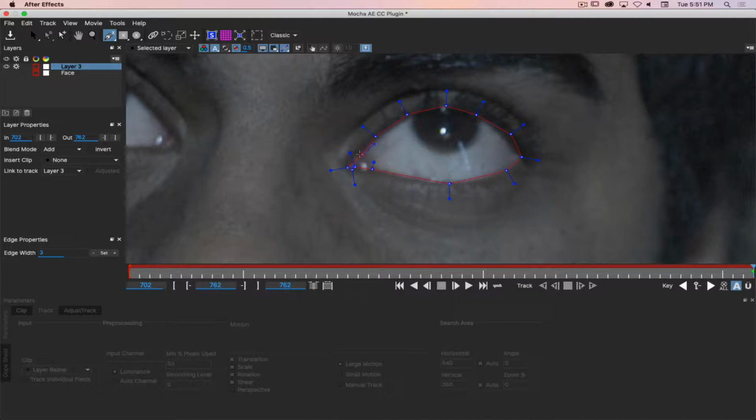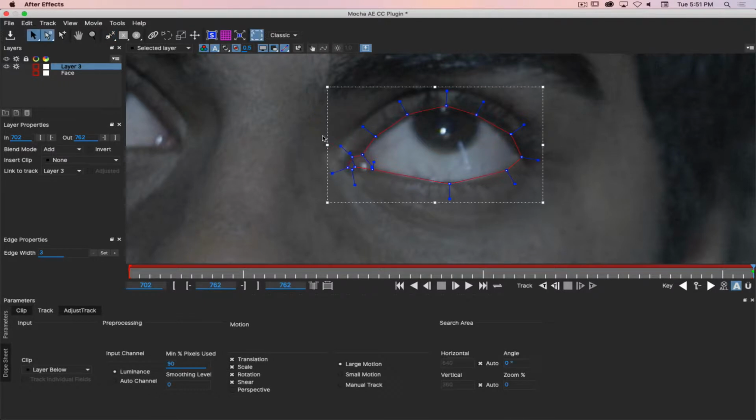And then I think the other thing that I'm going to do is select all of these and just relax them down. And then this one I'm going to adjust by itself a little bit. This one I'm going to pull out towards the corner just a little bit more